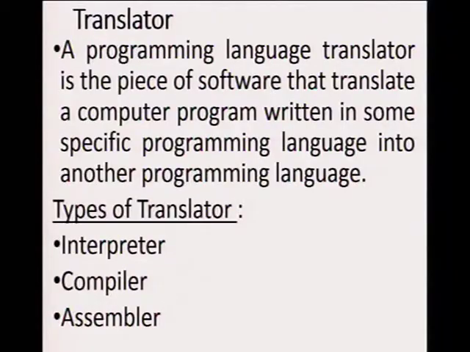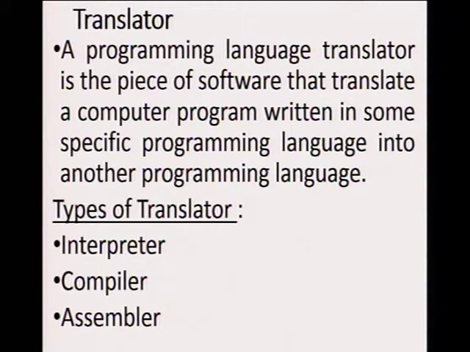I'm not going to explain all the details here, but let me explain a little bit about these translators. The first one you have on your screen is the interpreter and the compiler. Both of them translate any program written in a high-level language to machine language. But there is a difference between them. They do the same thing in different ways. What do I mean? Listen here.